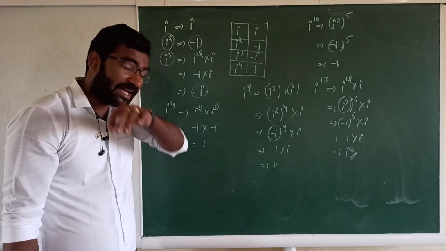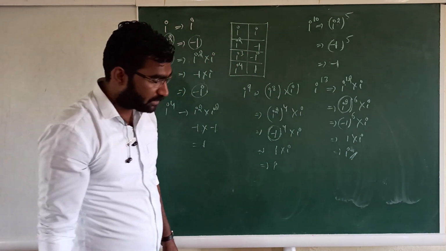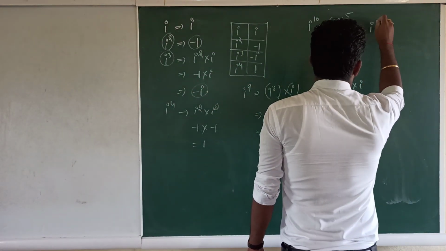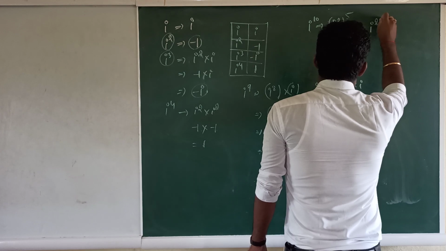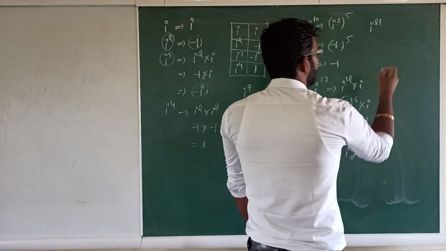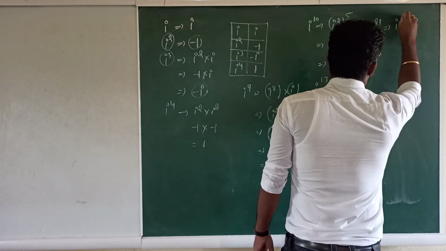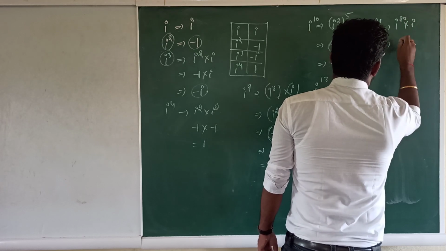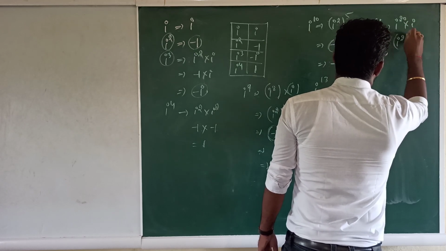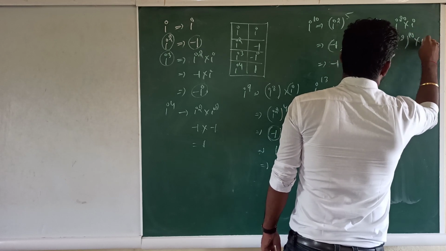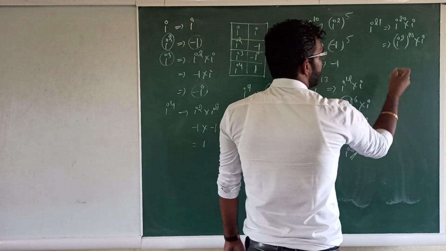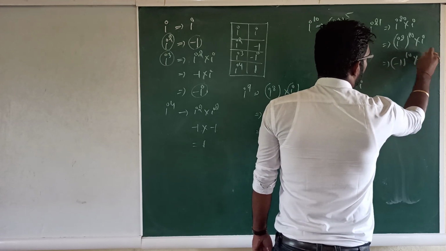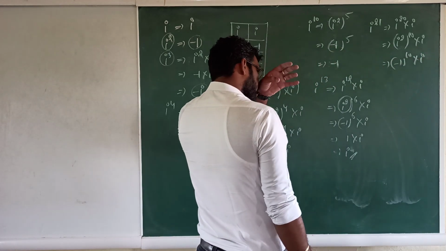So finally, I'll take the last two examples and explain. Afterwards we'll see one standard form. If I take i raised to 21, how are you going to write it? Very simple. This can be written as i raised to 20 into i. Therefore i raised to 20, how can we write it? i square raised to 10 into i, right? i square means minus 1 raised to 10 into i, right? So I hope you are getting it.